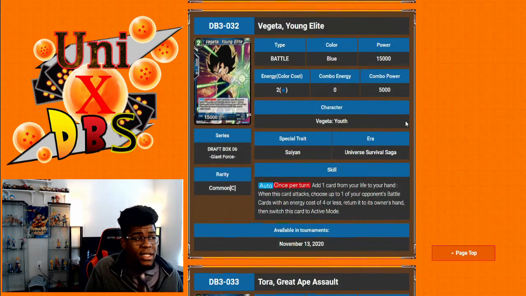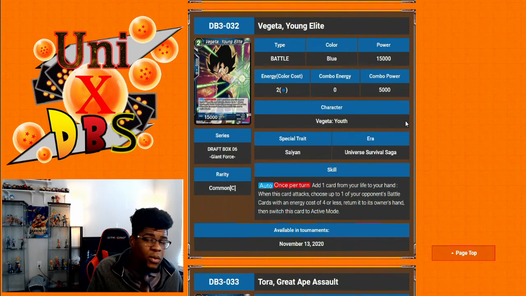You got Vegeta, the Young Elite. He's a 2-drop. Auto once per turn. Add 1 card from your life to your hand, and when this card attacks, choose up to 1 of your opponent's battle cards, energy cost 4 or less, return it to his hand, and then switch this card to active mode. Now,